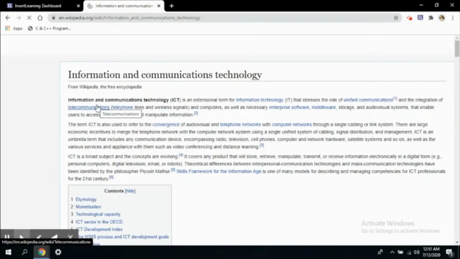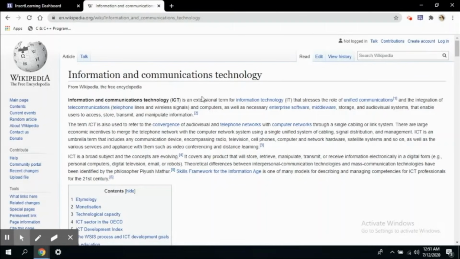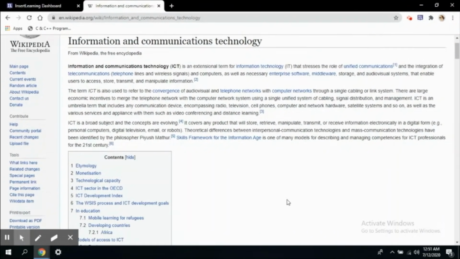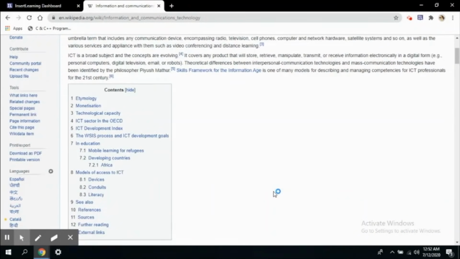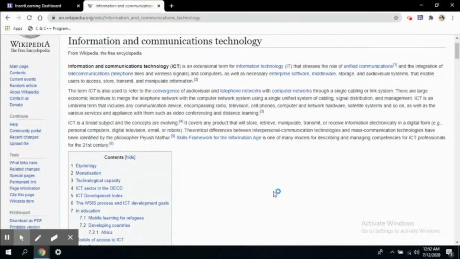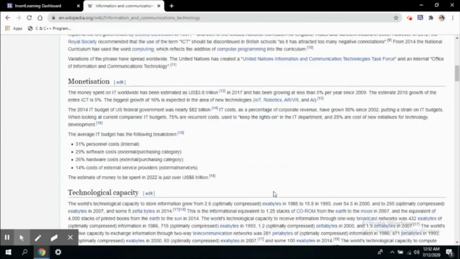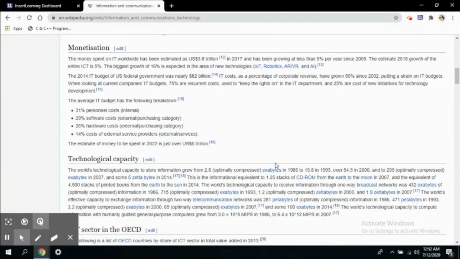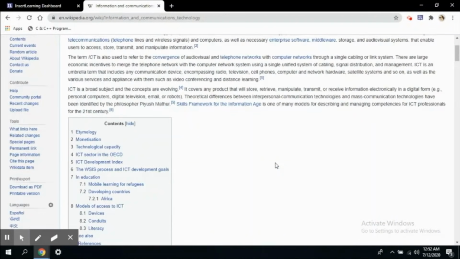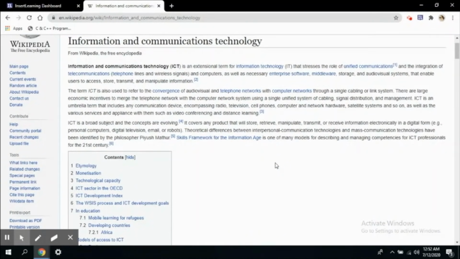This is a Wikipedia page. Now I want to make this page interactive by adding questions, discussion forums, video links, and many more things according to my students' requirements. So let's do that.